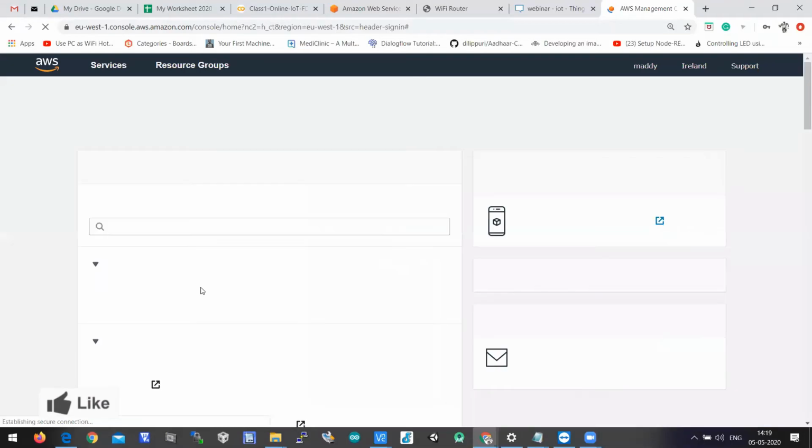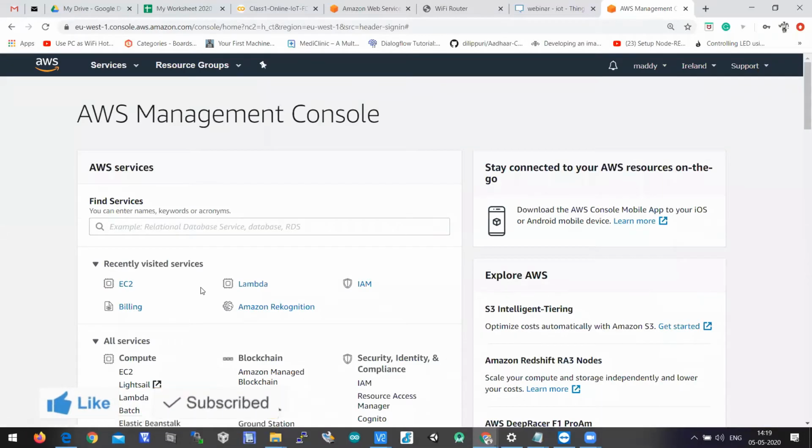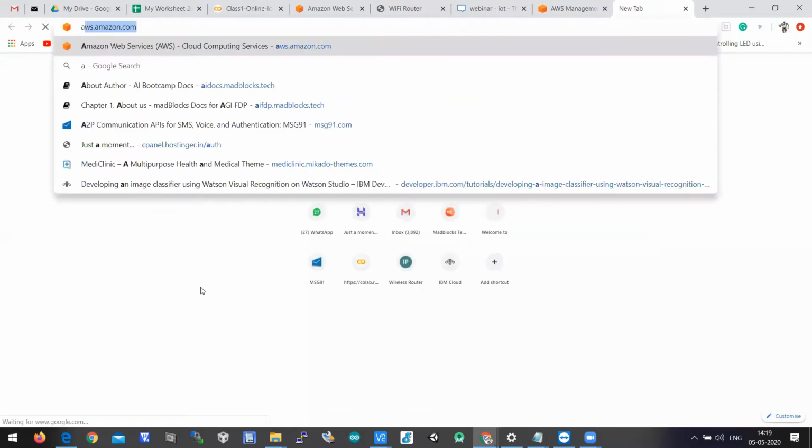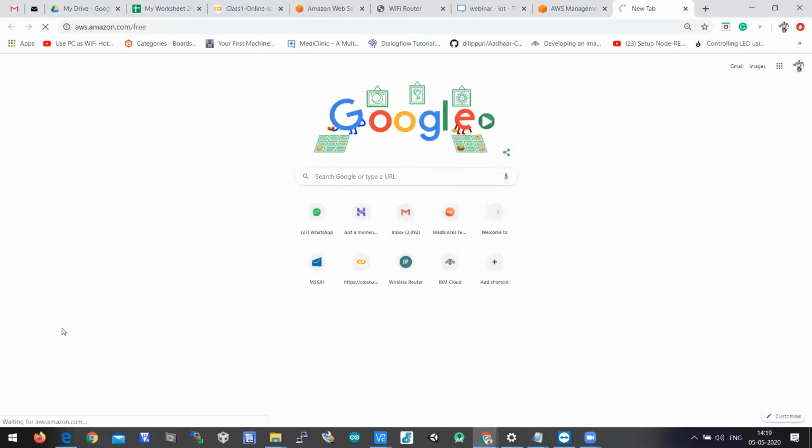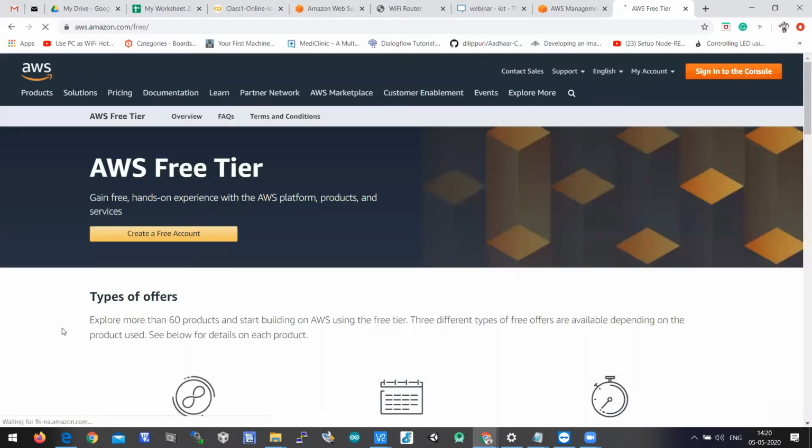Amazon Web Services is open for 1 year for individuals who want to try AWS. When I say open, it is nothing but they are offering a 1 year free tier. So let's jump into what the free tier is. AWS.com/free. So let's look at what is free for 1 year in AWS. AWS, Amazon Web Services, the name itself says they are the cloud services offered through Amazon. So this is the AWS free tier.